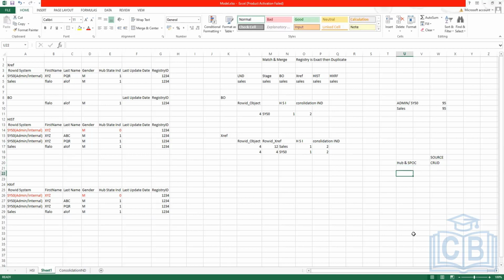Okay, then there is coexistence. Coexistence means MDM and source are both doing the CRUD operations. Then there is registry. 99.99% you will not see this in any MDM implementation. They have gone ahead and created it, but it's nowhere utilized because it is somewhat a regular